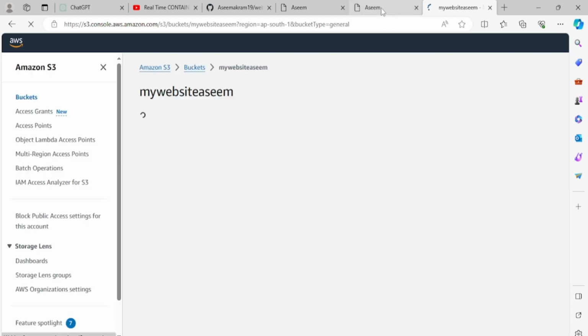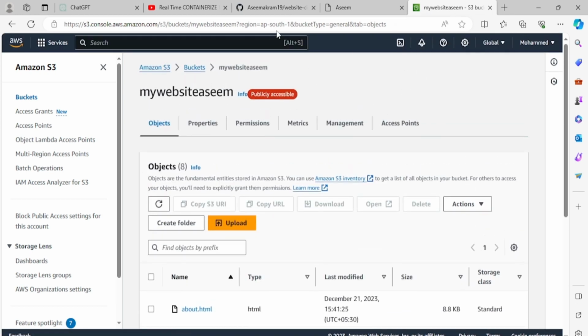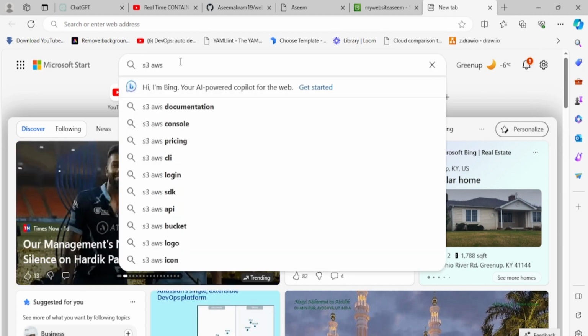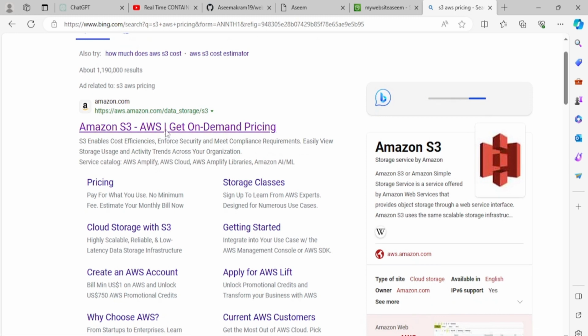Whatever the content we have, it's coming live now. Fine. Okay, we have all the content. This is a way you can host your website. And if you go for the pricing, you may just find the S3 bucket pricing on AWS. If you go down, if you click the first one,